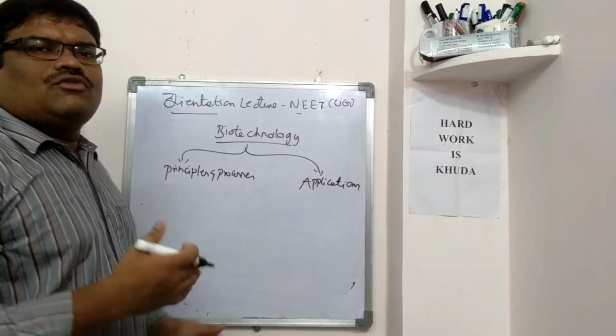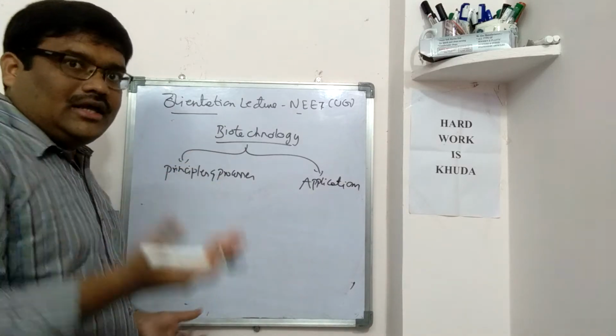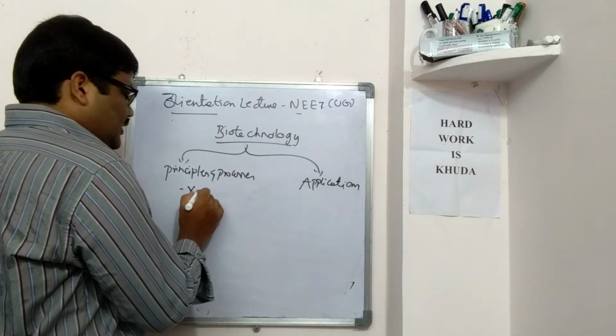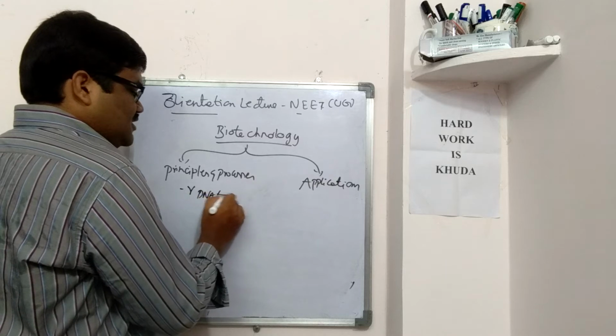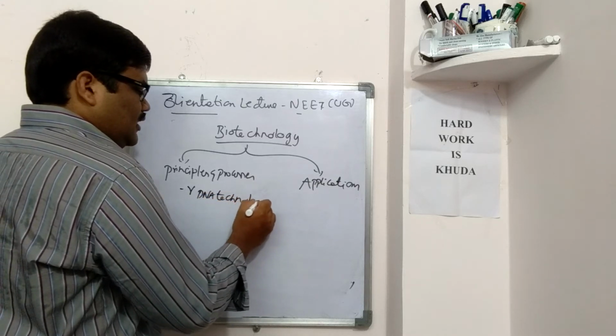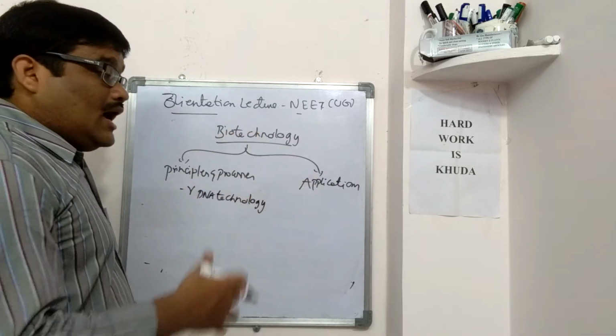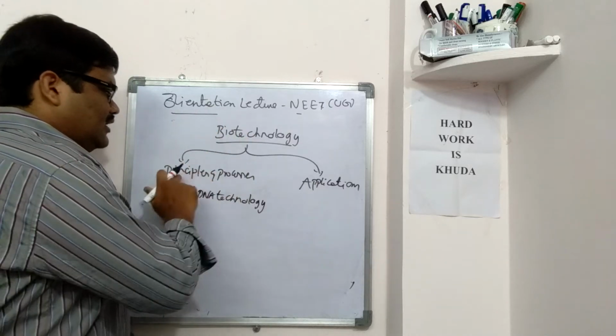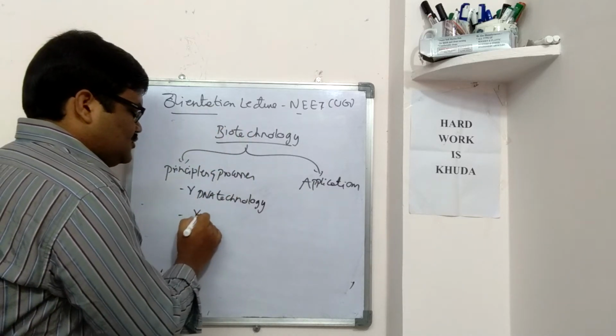Principles and processes mean it involves a basic protocol, say, for example, rDNA technology, recombinant DNA technology, the different steps involved in recombinant DNA technology. And the most important things that we have to understand under principles and processes, like restriction enzymes,